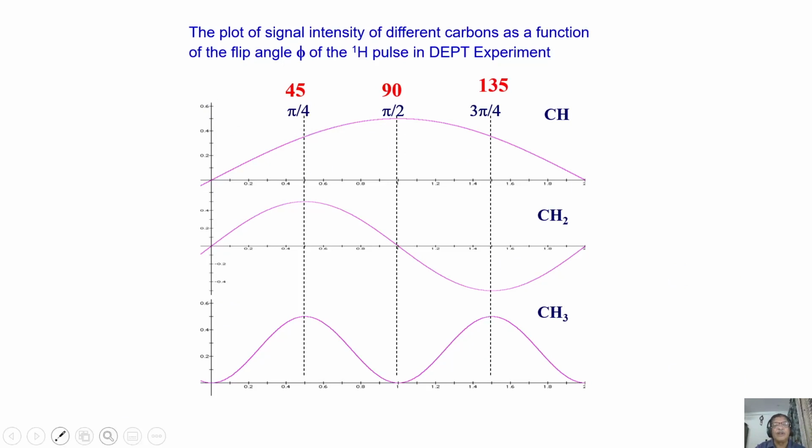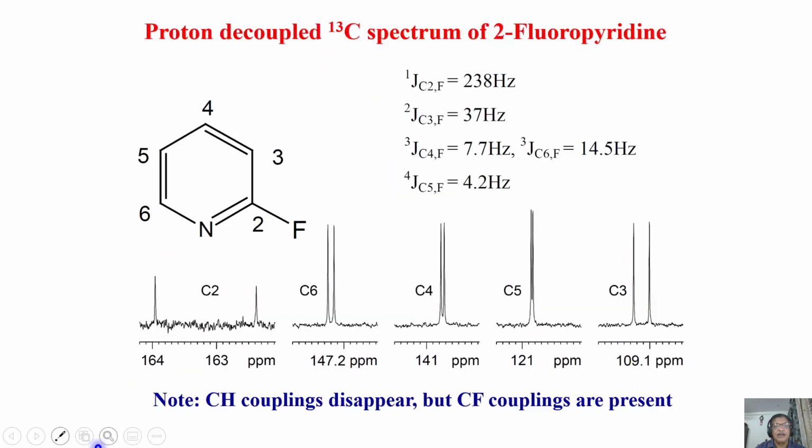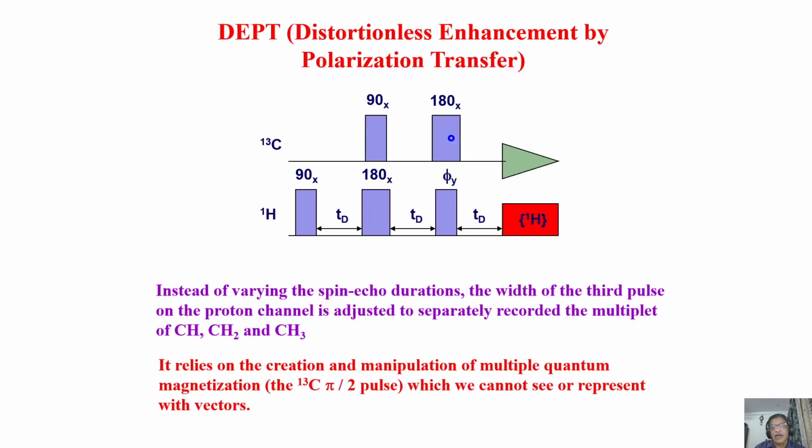Now what we can do is plot the intensity of different peaks, different carbons, as I vary this angle, starting from 1 degree to 5 degree, 10 degree, in steps of 5 or 10 degree, and keep on varying. I have a molecule which contains CH3 carbon, CH2 carbon and CH carbon, all the 3. Let us say I assume I have it.